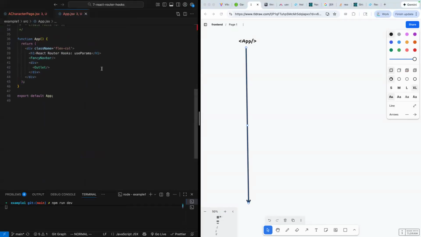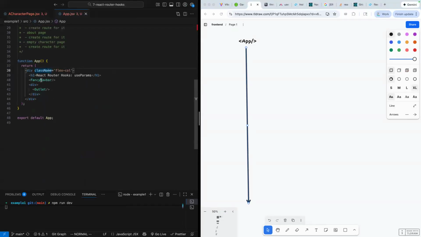And we'll scroll all the way down here just so we can see. The short answer is the nav bar is outside of the outlet. And in fact, let's just get rid of this div that we don't really need just to keep life simple. So without really worrying about the divs,